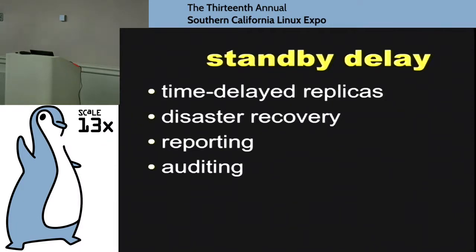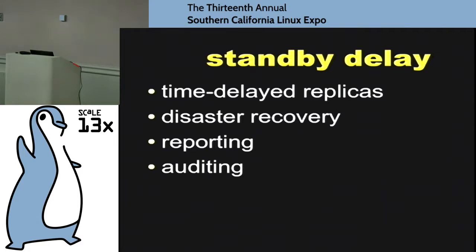Another scalability feature that we got, adding to replication, is standby delay. This was something that a lot of people had implemented via a hack. That is, time-delayed replicas, a replica that is deliberately always 2 or 3 hours behind. The biggest use for this is in auditing systems and security, where you have a certain window where you have to be able to react to an intrusion or to improper behavior or to drop table users and then jump on the replica and halt replication before that comes down the pipe.